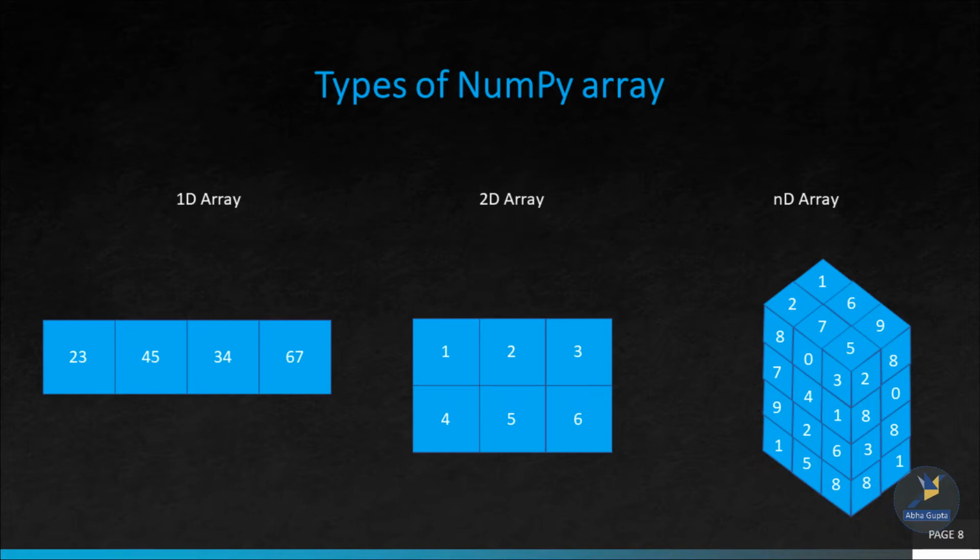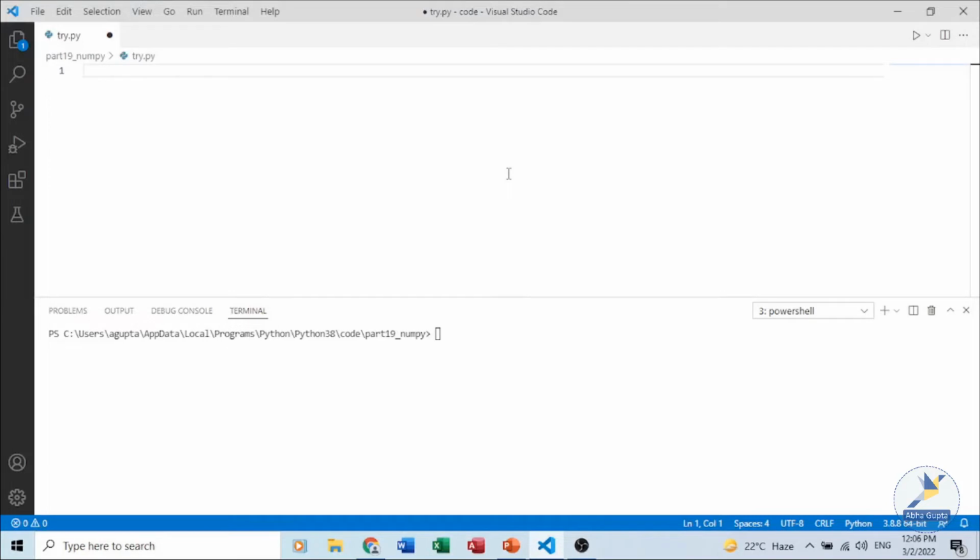But before we start using the NumPy library, please do check whether you have NumPy installed on your system or not. To use the NumPy module, you have to import it. So we start by writing import numpy. You can use an alias name, like we are using np. Now you can directly give the data when you are creating the NumPy array, or you can use a list or a tuple and then pass it to the array function which we'll be using to create the ND array.